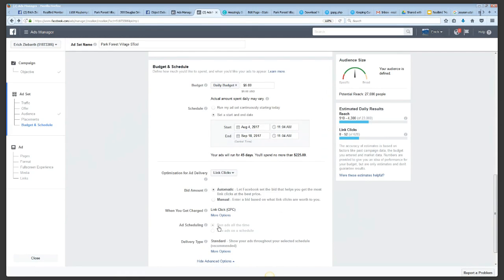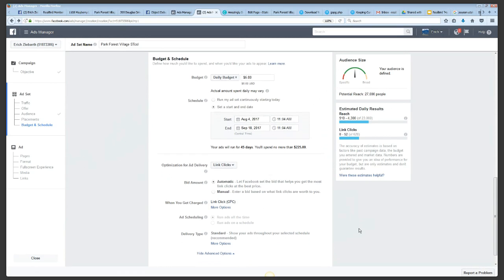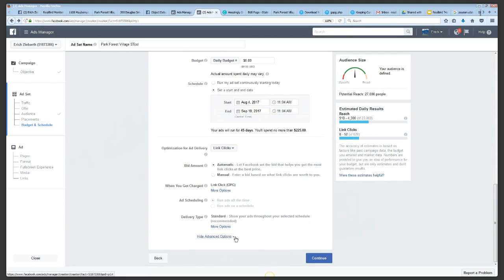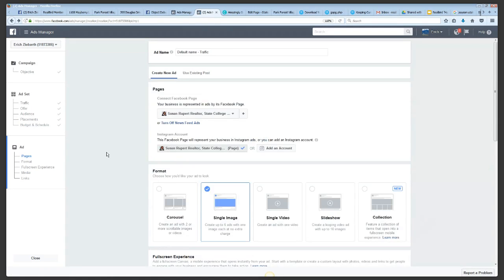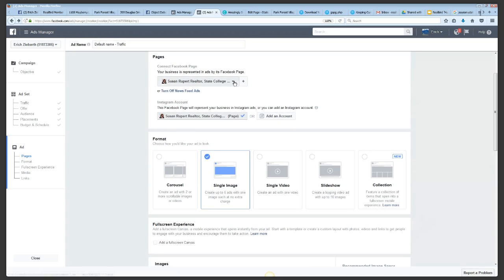people seeing it. Okay. So automatic. They'll set the bid. They get the most. So you're competing. That's fine. I am okay with that. And then continue. And then here's where you'll create the ad, and make sure you connect it to your Facebook